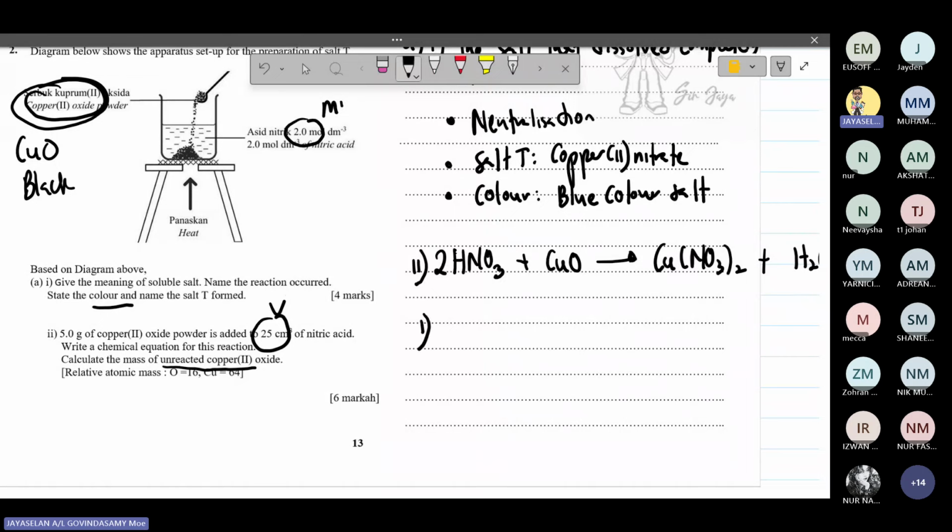So first step, you find the number of mole. So n equals MV over 1000. Your molarity is 2.0. Volume is 25, divide with 1000. Calculator answer 0.05 mole. For example, you get this. Whose is this? Sulfuric acid's. Okay,